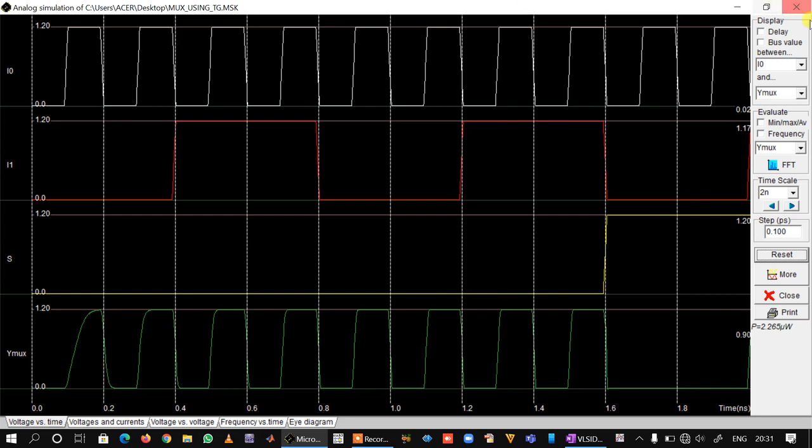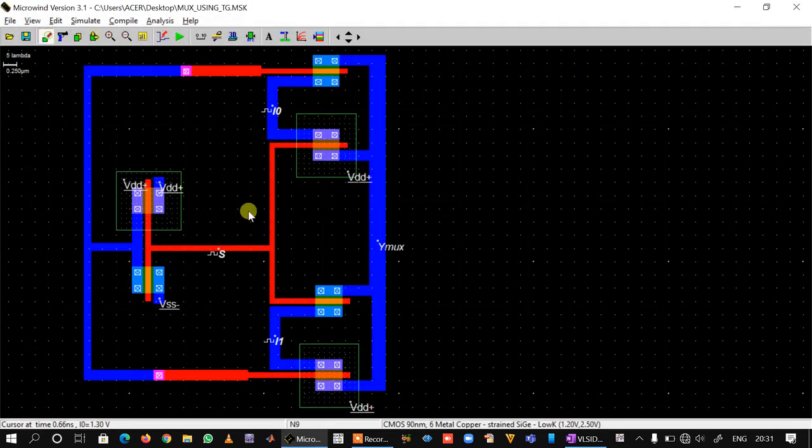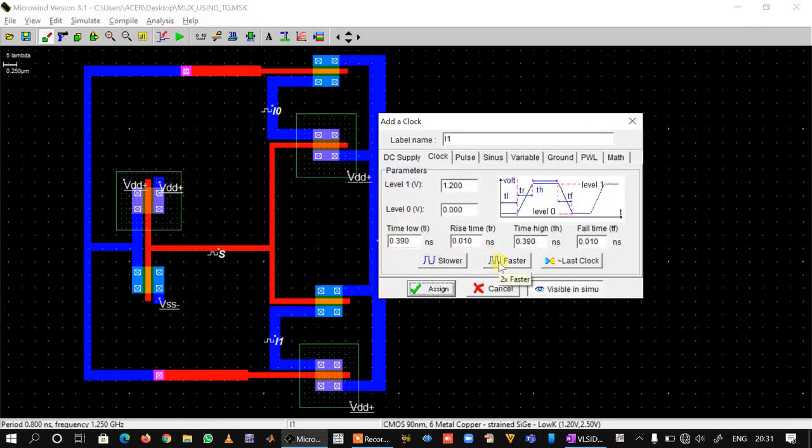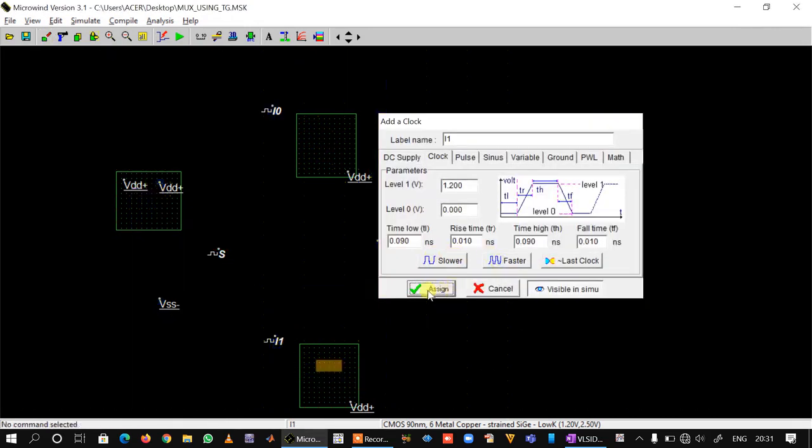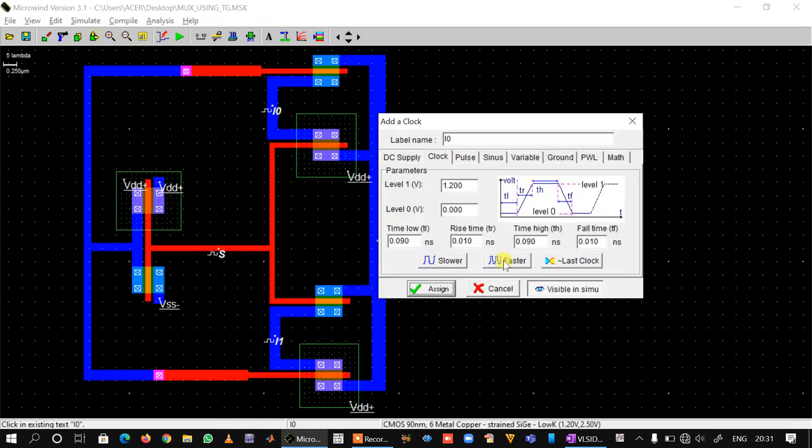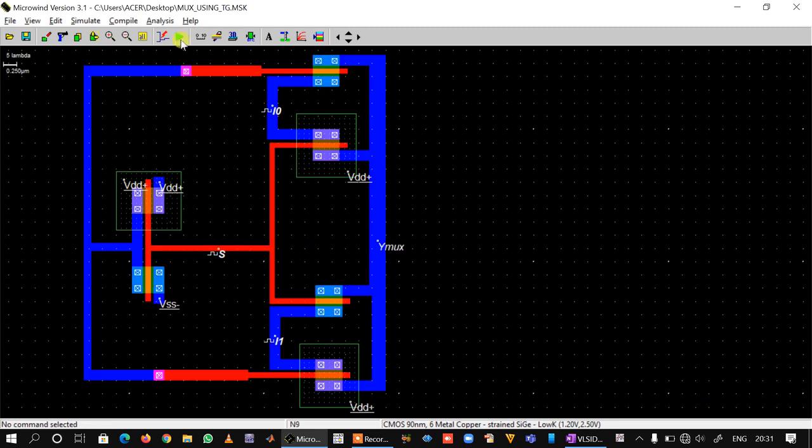Okay, so we can increase the frequency of select line, and we can also increase the frequency of I1. So we can select I1 and we can say faster and faster. We can make I0 also faster once, and we can make select line faster. Let us see.